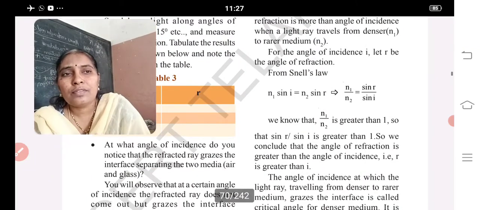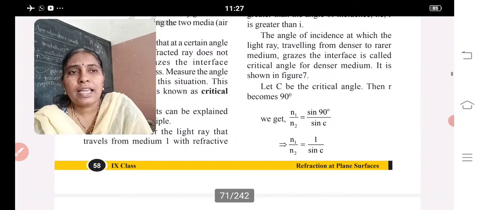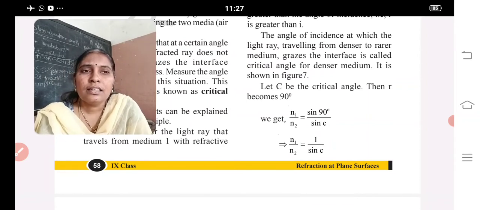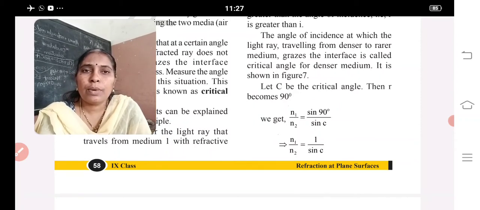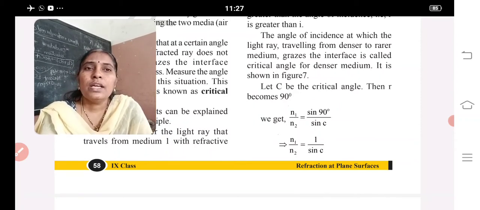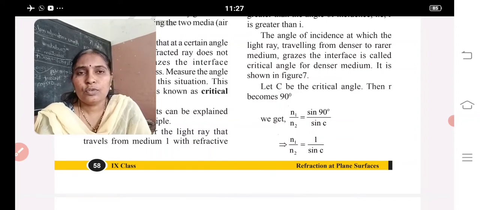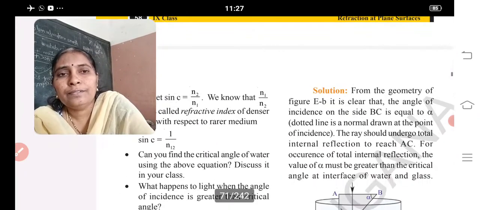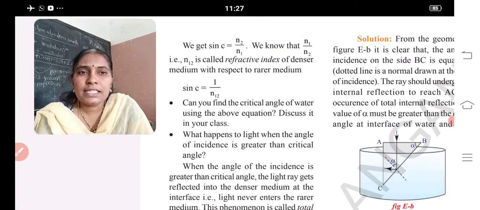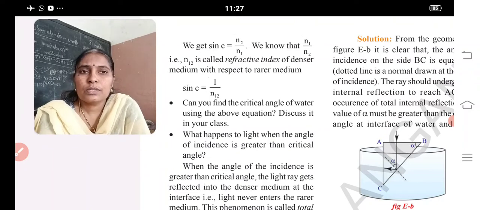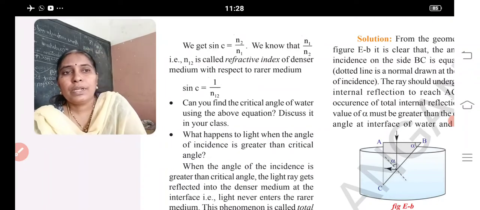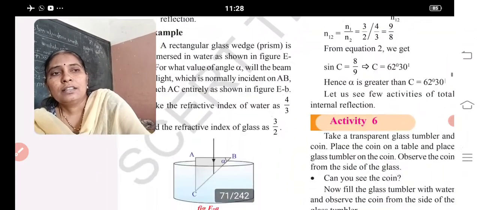And what is the formula of critical angle? Critical angle is given by 1 by sin C equals N1 by N2. What are N1 and N2? Refractive indices. Relative refractive index. So sin C equals 1 by N12, that is the refractive index of the first medium with respect to the refractive index of the second medium. Okay, children. Next,